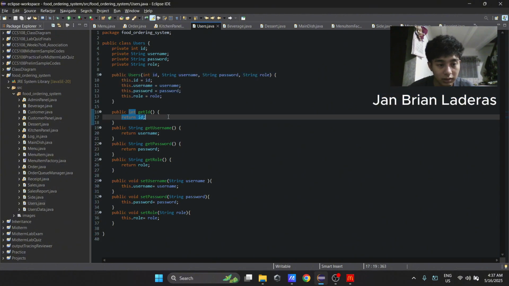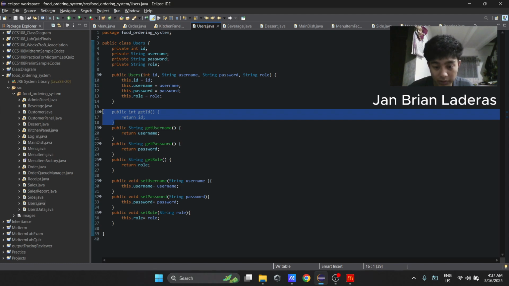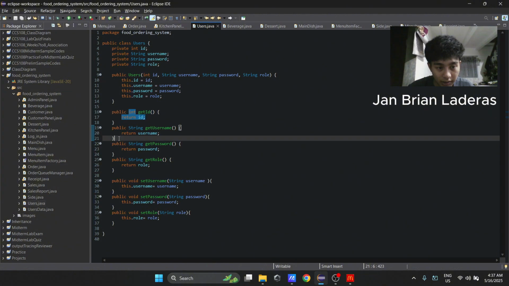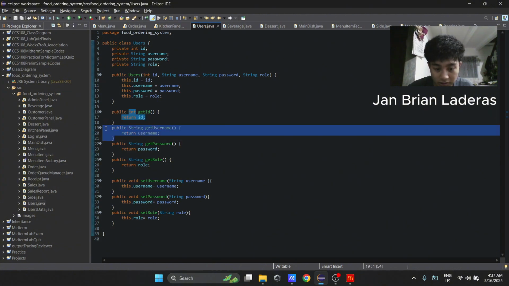Next is the public int get ID, a getter method returning the user's unique ID, required by the login logic and any tables that list users. A getter, string get username, used during authentication and when pre-filling edit dialogues.